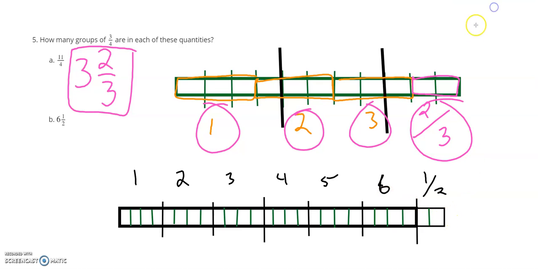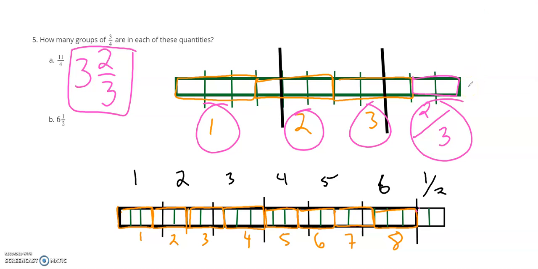We want to know how many groups of 3/4 there are. So we have one group of 3/4, two groups of 3/4, 3 groups of 3/4, 4 groups of 3/4, 5 groups of 3/4, 6 groups of 3/4, 7 groups of 3/4, 8 groups of 3/4. And our last group